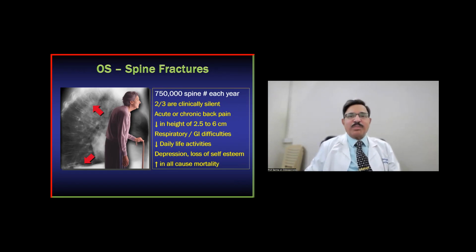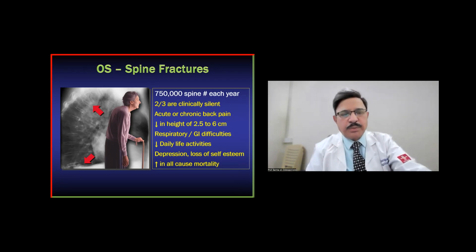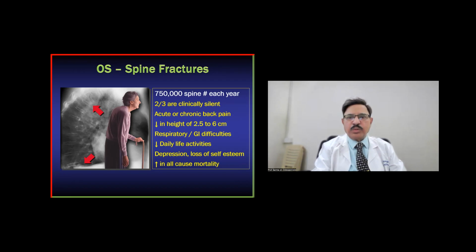Acute or chronic back pain, decrease in height up to 6 centimeters, respiratory and GI difficulties, daily life activities are compromised. This leads to loss of self-esteem and depression and increase in all-cause mortality. All are due to osteoporosis spine fractures. Okay. We will stop here and then we'll see the remaining story next time. Most importantly, the modern management of osteoporosis is very important, and I will tell you